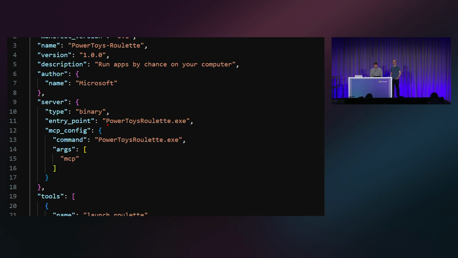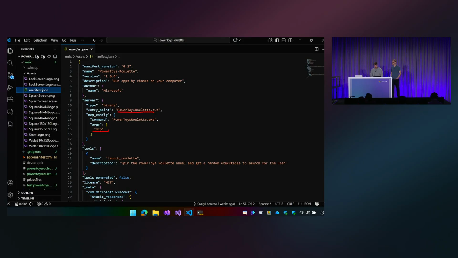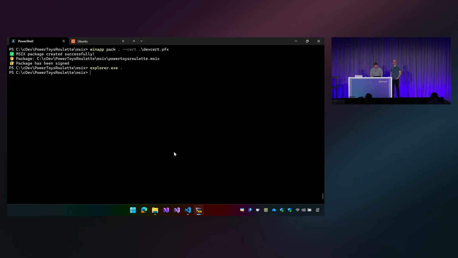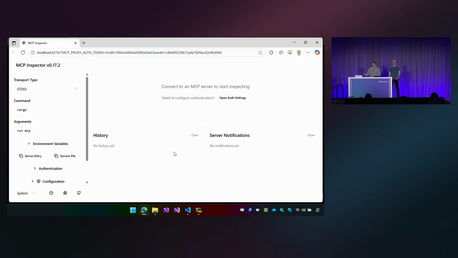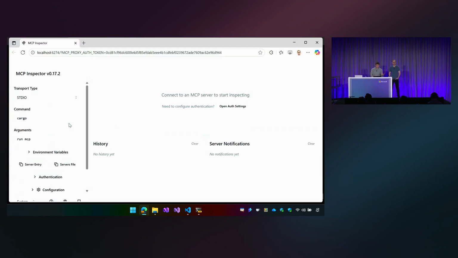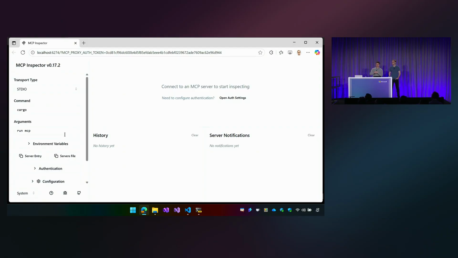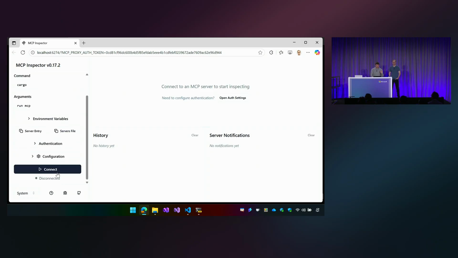So it's saying run this binary with these commands, right? So what does that actually look like when you're an AI? Let's pretend we're an AI and actually run the MCP server. An MCP server is just a way for an agent to talk to AI tools. And so this is a tool that you can use to test what an